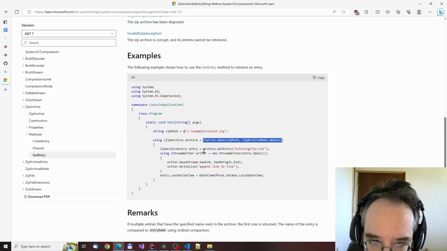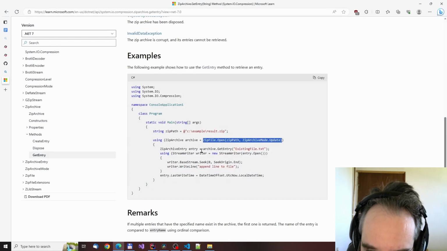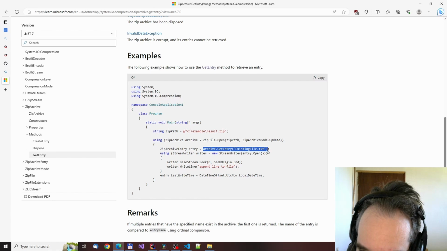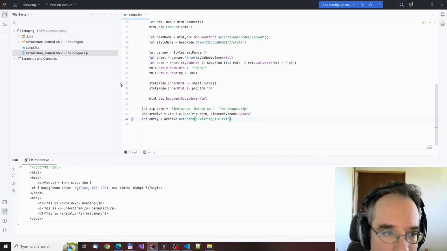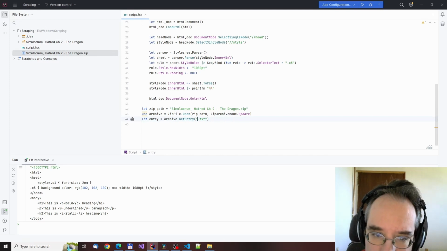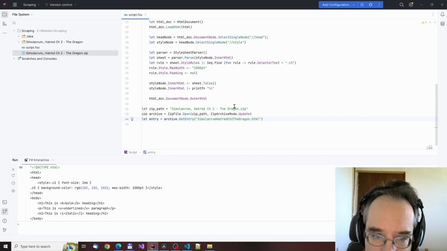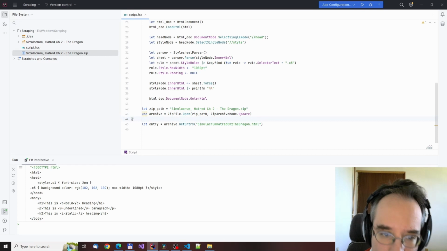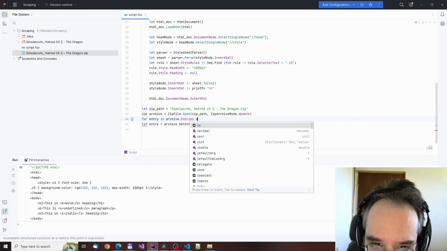Yeah, what we need to do is get the entry. We'll rename it to an archive. Then let's get the entry. Let entry, and no, what's the name of the entry? Okay, in this case it's this particular HTML file, but we'll have to do a search over all the entries to edit the HTML. In fact, let's do that now. For entry in archive.Entries, do